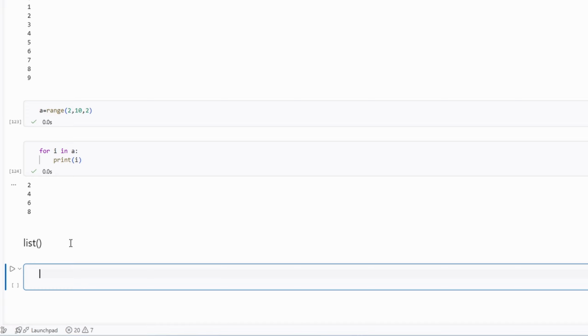A list is a heterogeneous collection of data. We can say, suppose a equals, we have to include the values inside the square brackets. This is called the list. I can have 1, 2, 3, 4. Along with that, I can give something like a string. I can give cat,